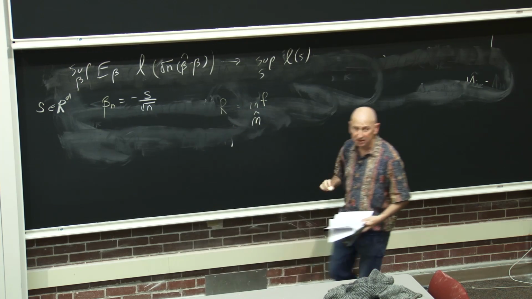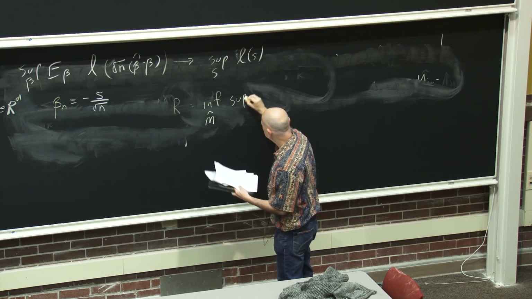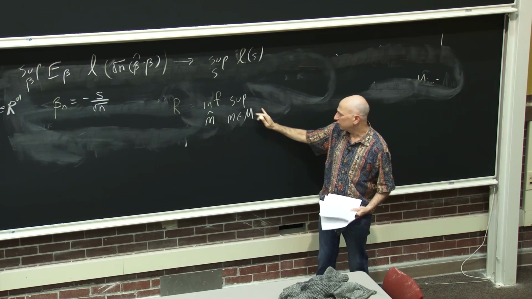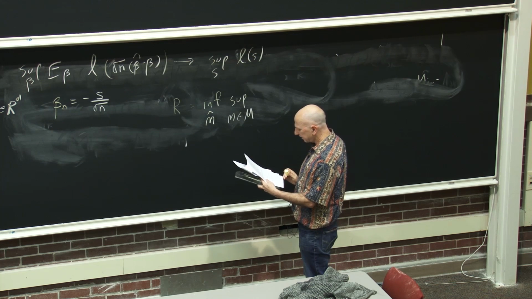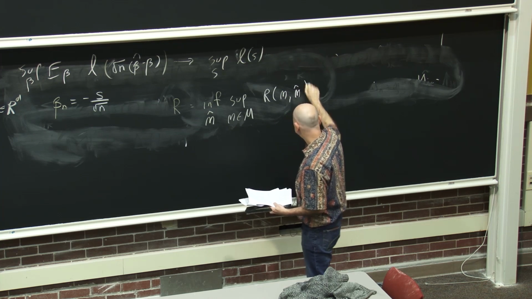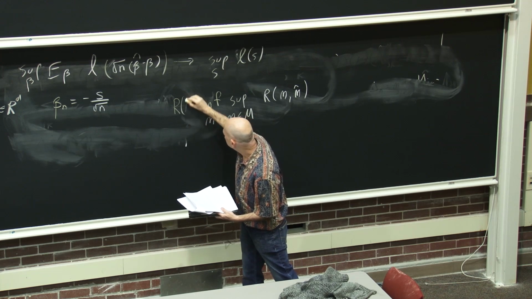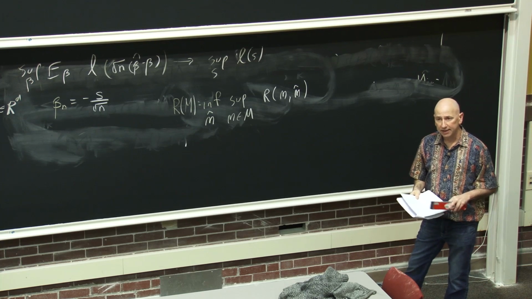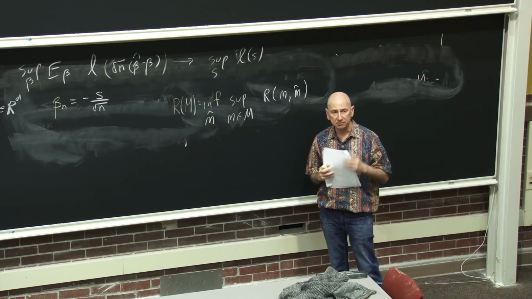In these notes, I'm going to state some minimax results, but we're not going to prove them till later in the course. And they're going to take the following form. We're going to say if I take the sup of the regression function over some large class of possible regression functions, and I take the minimum over all estimators, and I look at some risk function, we're going to want to know. So this maybe I should call R_m. We're going to want to know, is my estimator minimax over some class? Okay, and so for this set of lectures, I'll be stating them, but not proving them till later.